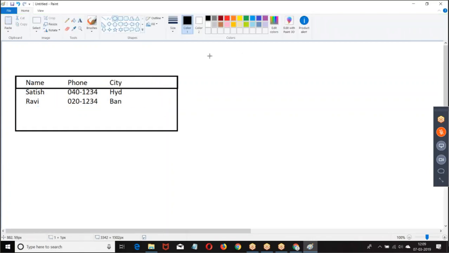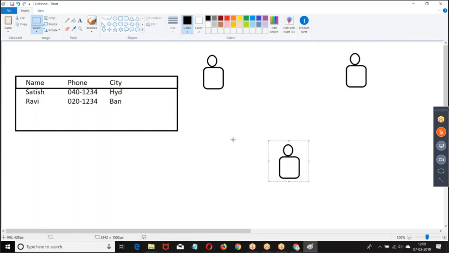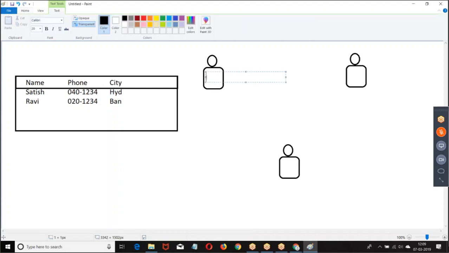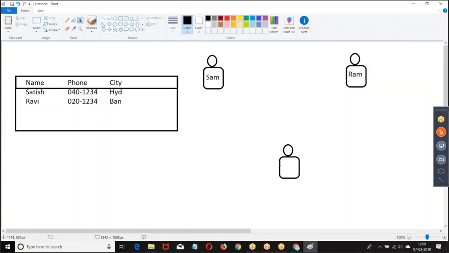Now there are 3 users who are available. This is the data we have. Let anybody open, the same record will be opened. Am I right?